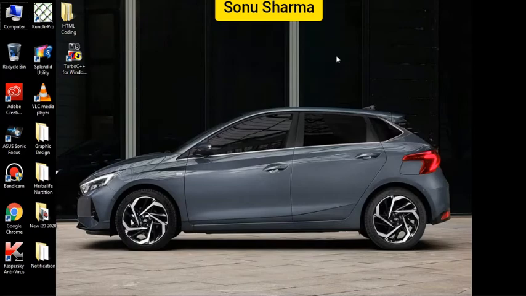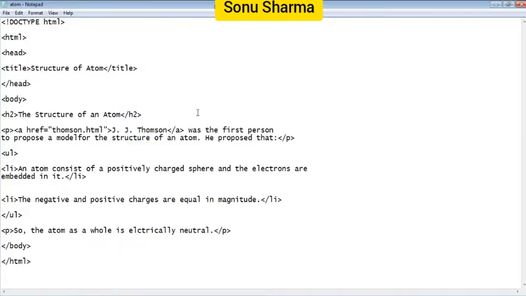Okay, so you can see the solution. I have written the coding here. So students, you can see the structure of atom. This first web page coding atom.html, you can see in the book. This is the coding of the first web page. All these are the same up to the heading. The title is given, structure of atom. Inside the body you have to write the heading, structure of an atom. Then next you have to write P. P means paragraph. That means you are writing one paragraph.